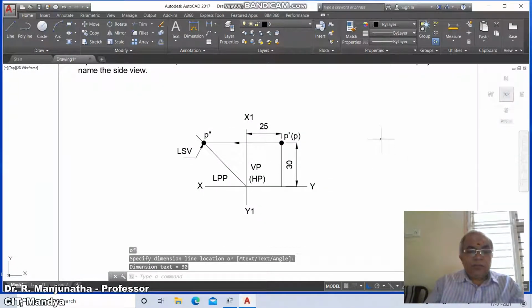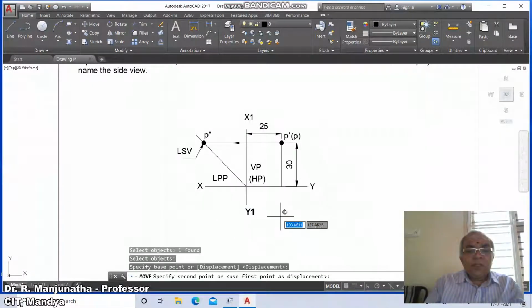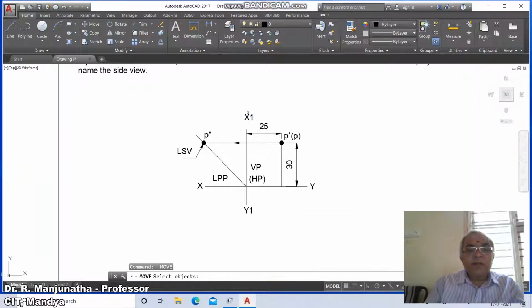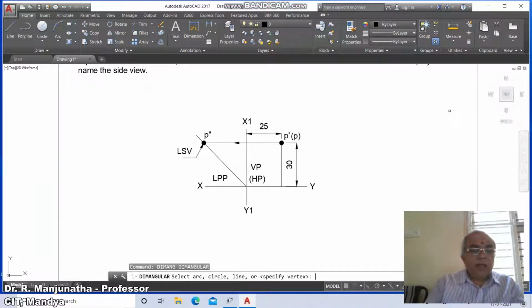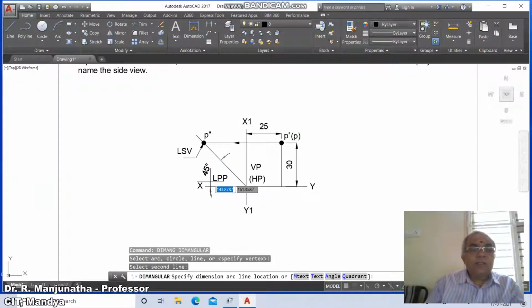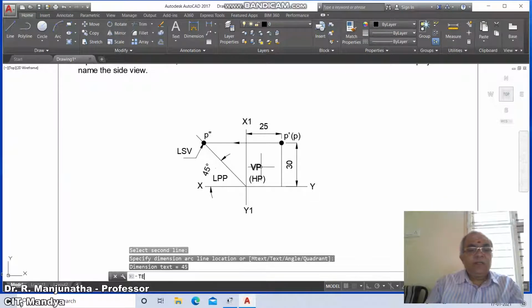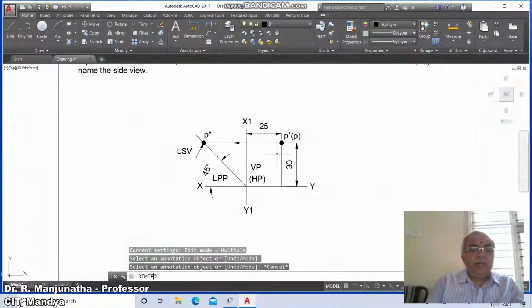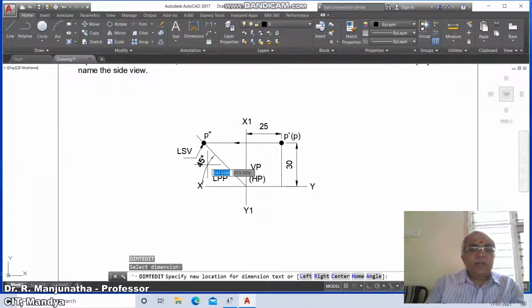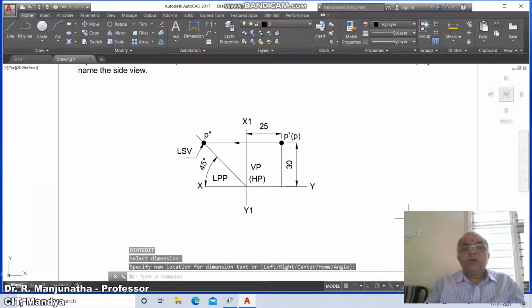Then go to move, put the ortho mode off, move, select this X1 and place it here and this X1 here. Then dim angular, select this and select this, so this angle will be 45 degrees. And text edit dimension, dim TD, select dimension and drag it and place it wherever you want, so that you get this. So this is how it will be.